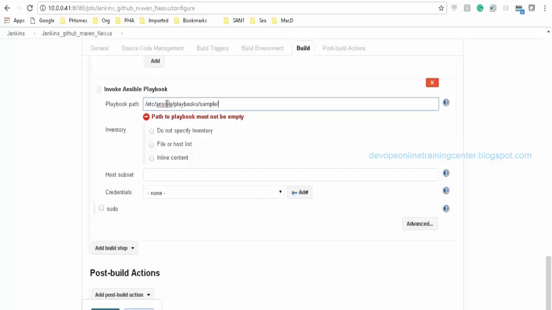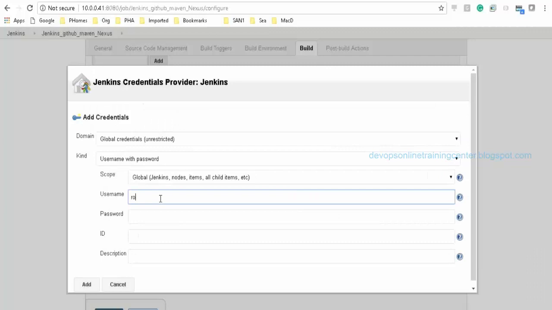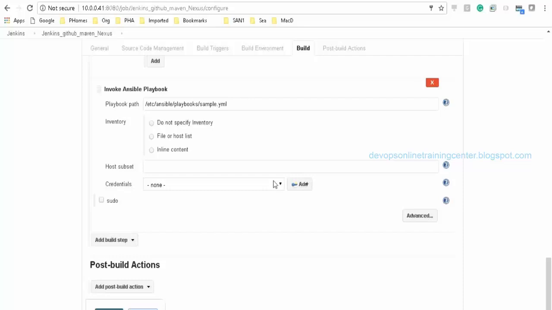Let us say sample.yaml, right? And then credentials we need to add. So let us say I'll add credentials. Username is root. Password is root123. Root and root123, and save.